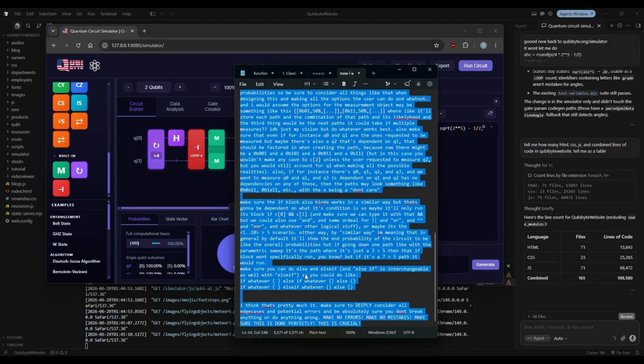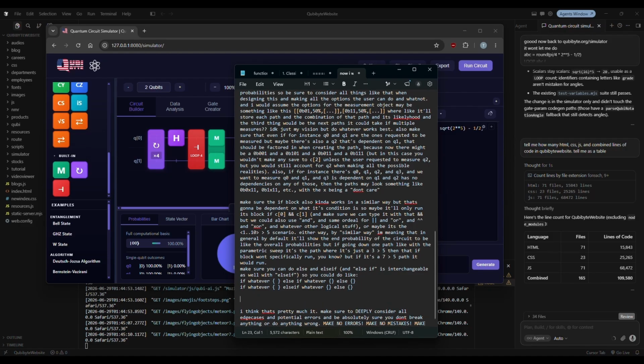And I'm actually going to make sure, one last thing that I emphasize, that I do want the if block to show up on the circuit and appear as I would expect. So I'm going to type and make sure the if block is under the built-in gates on the sidebar, and we can drag it in and edit it and whatnot, and it works as expected, as regular, and have it add an else block